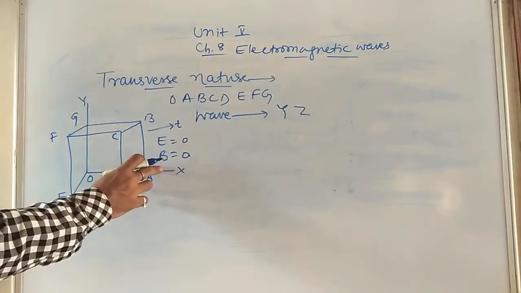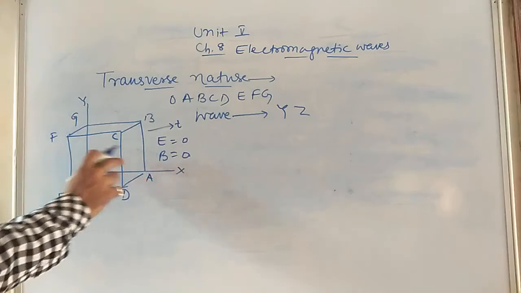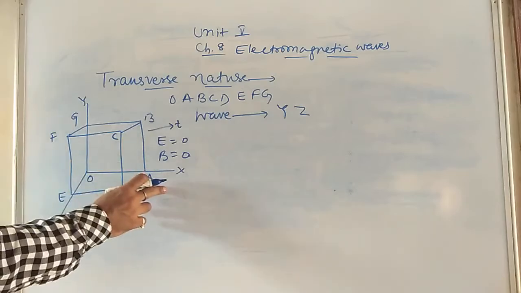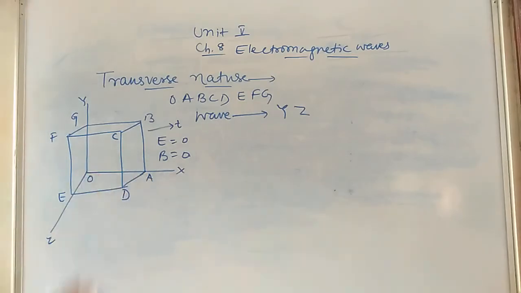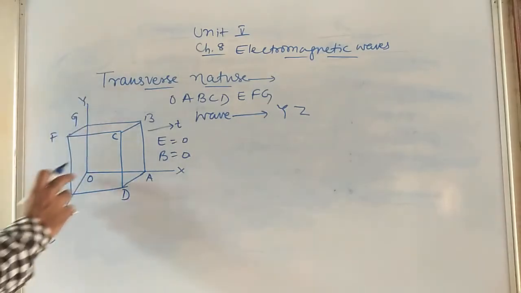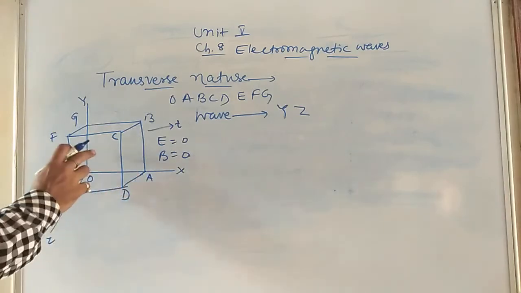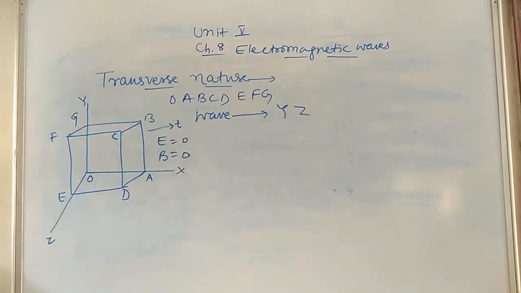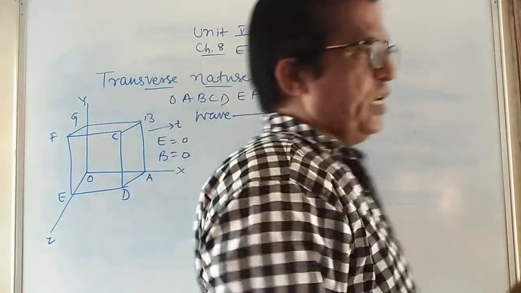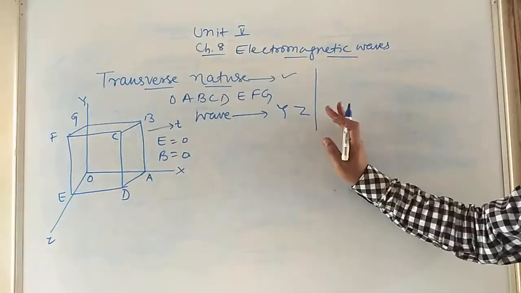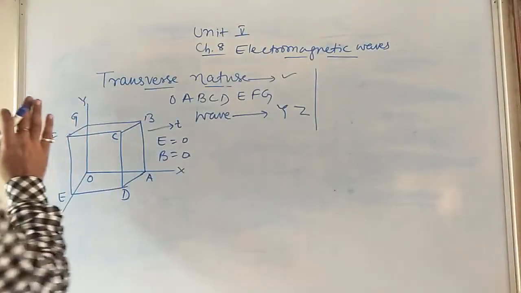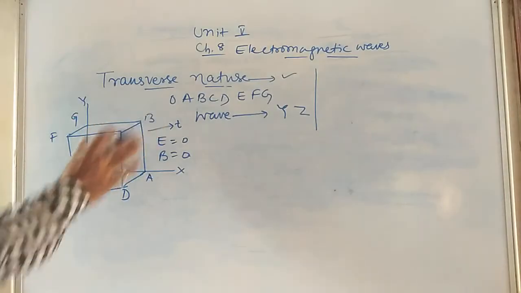Okay, the value of the electric field and the magnetic field depends on x and time, but not on y and z. We are going in the x direction only. Here, I want to establish the transverse nature of electromagnetic waves. What I want to clarify is that electromagnetic waves are transverse in nature. So our problem to sort out here is the transverse nature of electromagnetic waves.